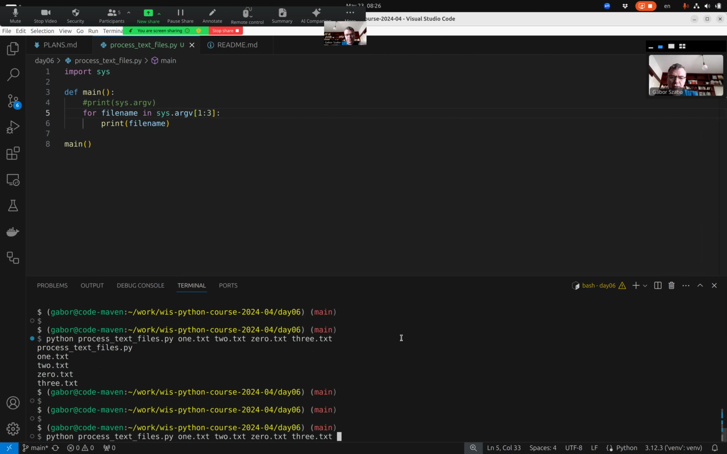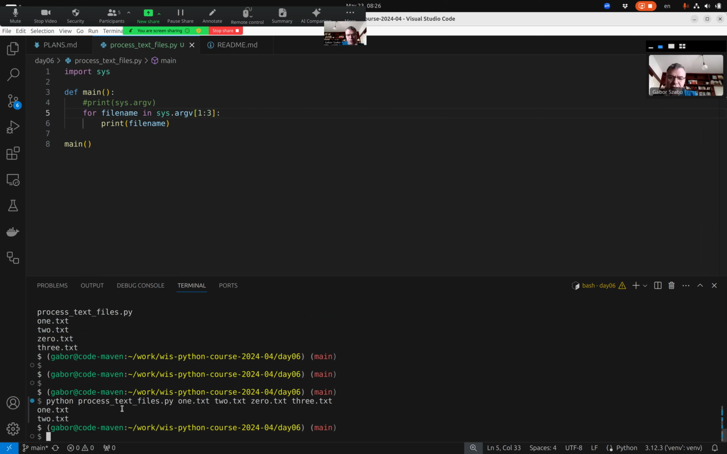Okay, so I can explain this. Index 0 is the name of the program itself. Index 1 is this file, which is called 1.txt. And then index 1, index 2, index 3. Here I said between 1 and 3, but in